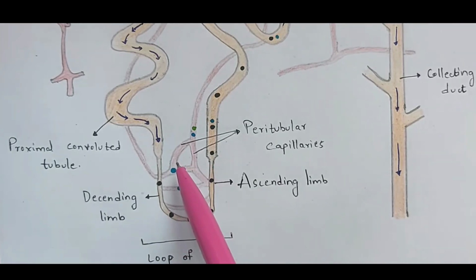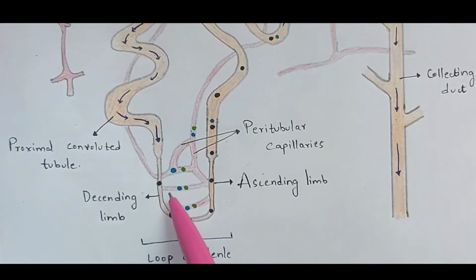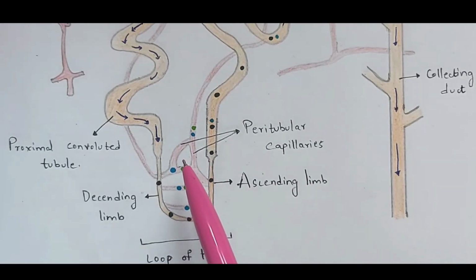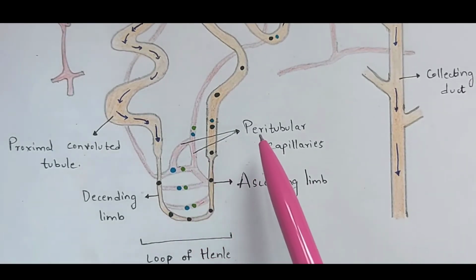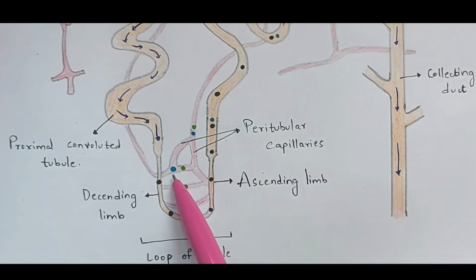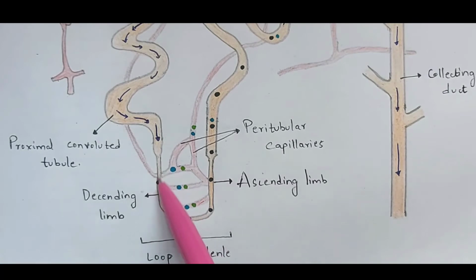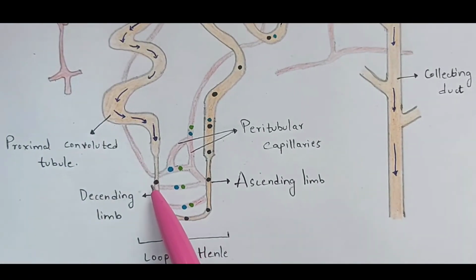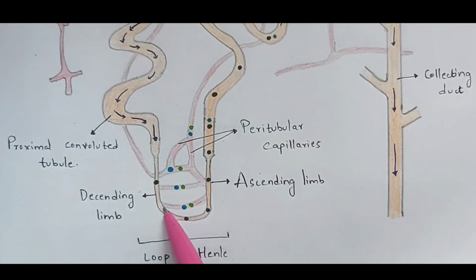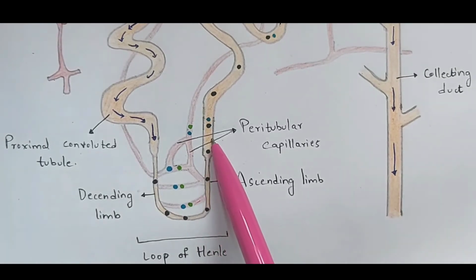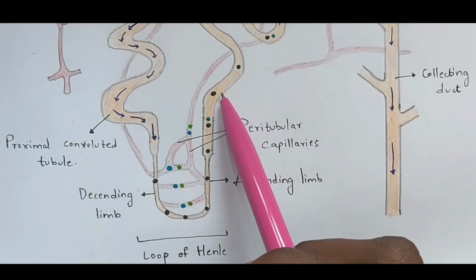And as these blood capillaries are present in a bunch-like form, they are called peritubular capillaries. Okay, they are divided as groups, and hence they are called peritubular capillaries. These peritubular capillaries will absorb the water molecules as well as the salts from this proximal convoluted tubule. Then only a little amount of water as well as the waste material, indicated with the black color, will get passed out into the descending limb to the ascending limb, and then move towards the distal convoluted tubule.